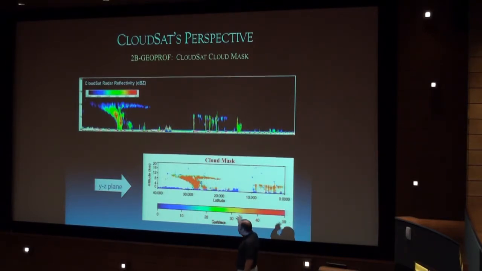And so we have to shift our thinking a little bit here when we talk about CloudSat and start thinking about, primarily I would say, the YZ plane, because we have a very high orbital inclination, and so we're mostly latitude and height. Almost all the plots I'll show here will be latitude-height cross sections. This is just one example of a CloudSat image, one of the earlier CloudSat images from 2007,